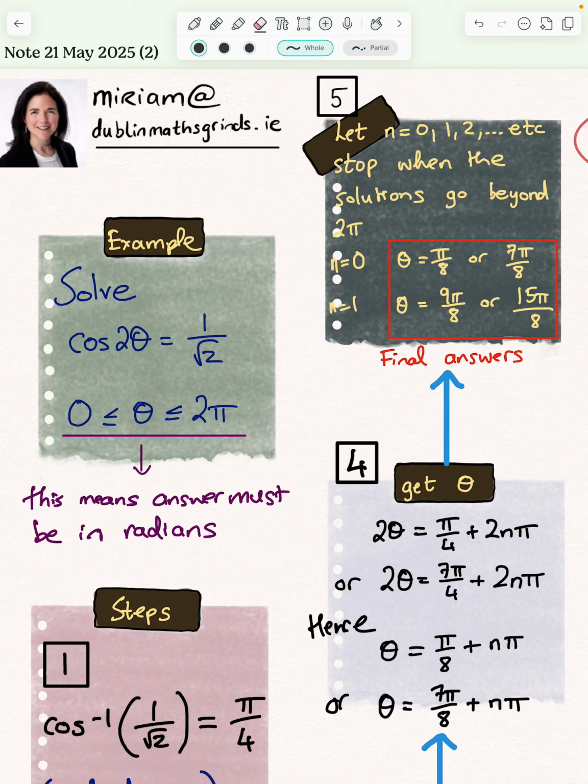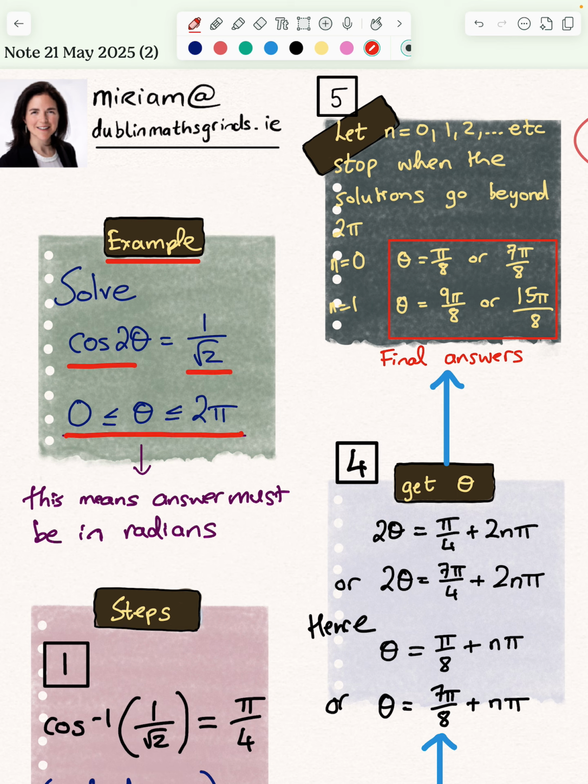Hello everyone, so this is a little summary of solving trigonometric equations and then we'll move on to triangles and cosine rule. But to begin with, we'll do this by an example because really and truly, you could be looking at the steps all day and they mightn't make any sense unless you have an actual equation to look at and understand. So if you're asked to solve cos of 2 theta equal to 1 over root 2, where theta